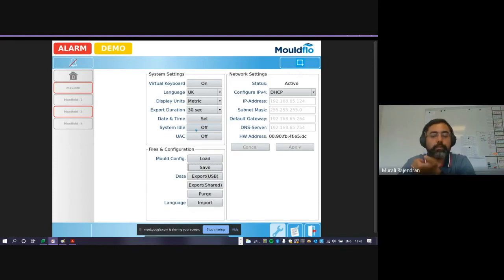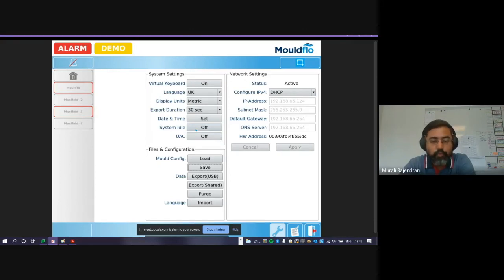So the setup of the mold, once you know the cooling parameters for each mold and the ideal temperature and the flow parameters you want for each circuit, then you can easily cycle through the molds without any issues. And the thing to be noted here is that in our chain, we have the manifolds